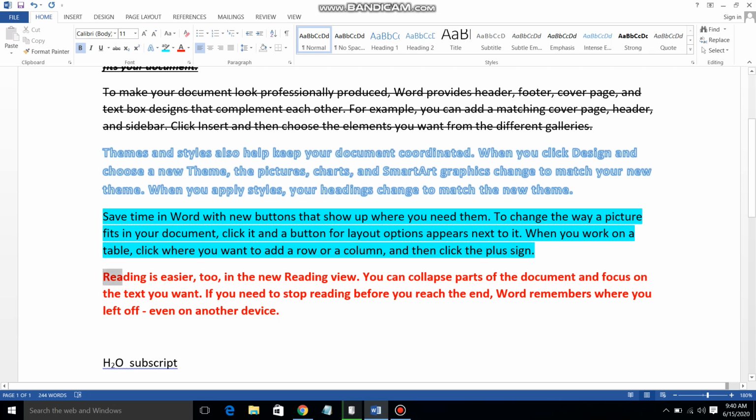Now suppose this heading option, but I want all the characters in capital. This is the heading. So how can we do it? Click here on A and uppercase, select the uppercase, so you will get the heading like this way. Now second, this heading option, I want all characters in small letters, so click here on lowercase, so you will see the effect, heading is in small letters.